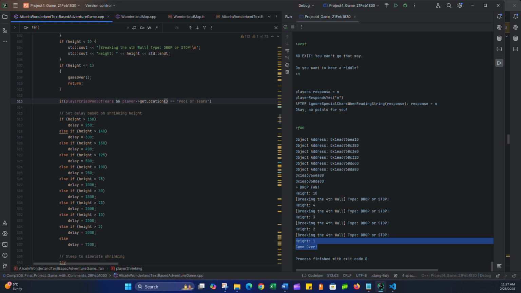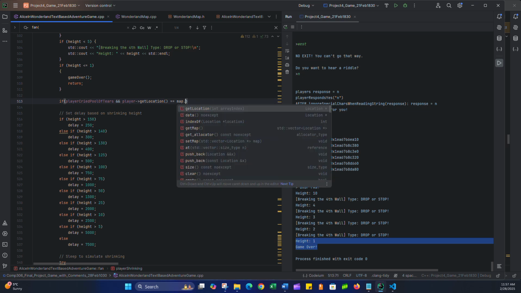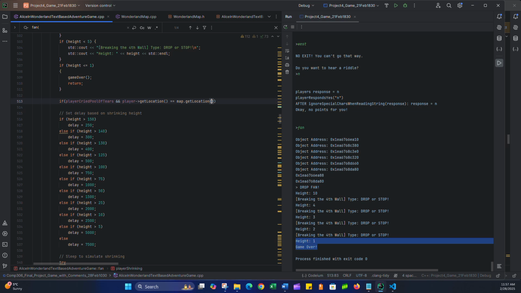Actually, I just need to, if their location, this returns a pointer. If it equals the game's location, map dot get location, which this returns a pointer, I believe. Wonderland map, it's a pointer to a location, yeah, and this is a pointer to a location. Yeah, so if these equal each other, meaning if they're the same location,